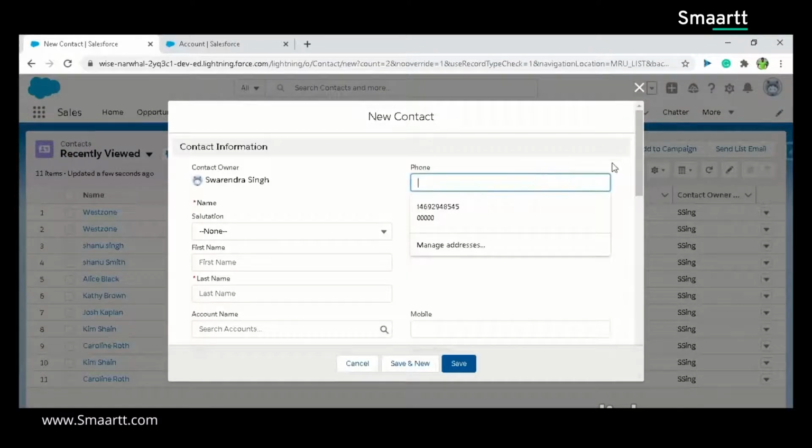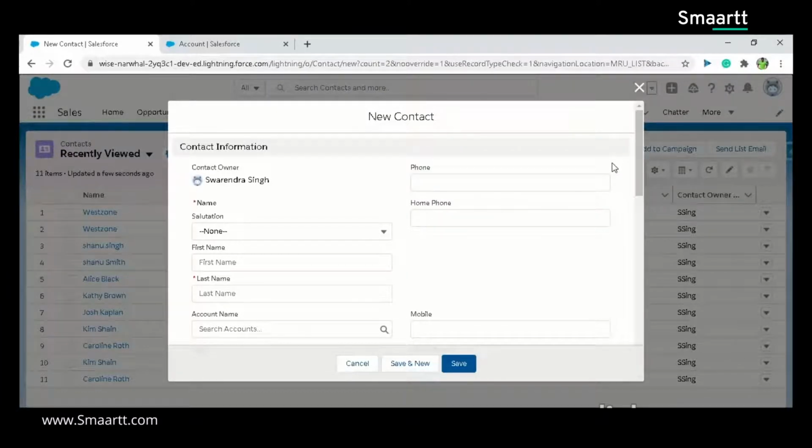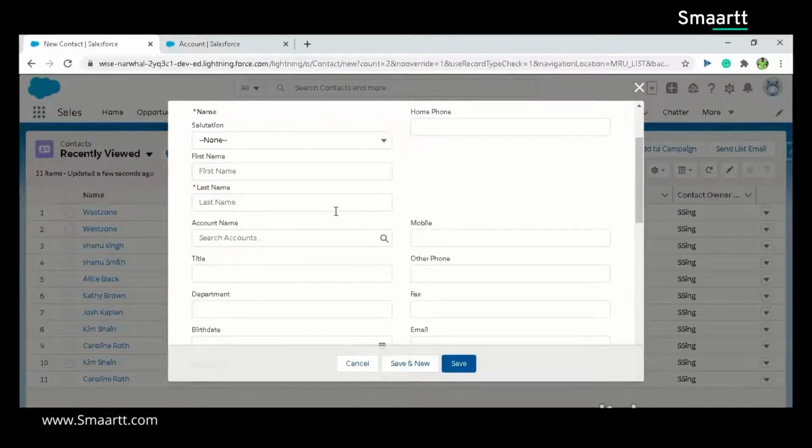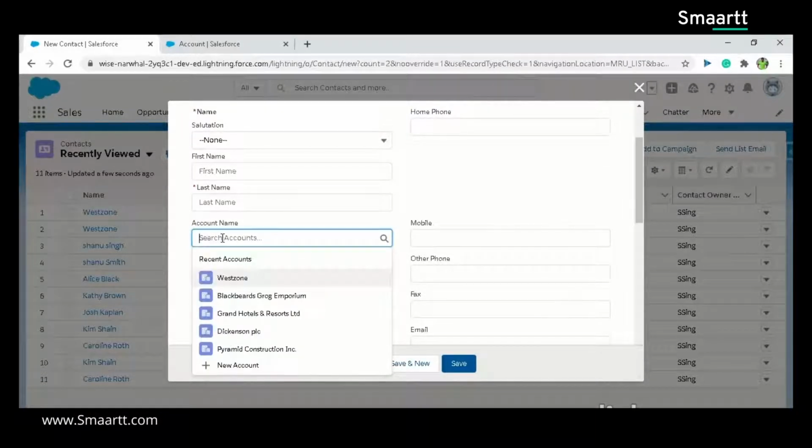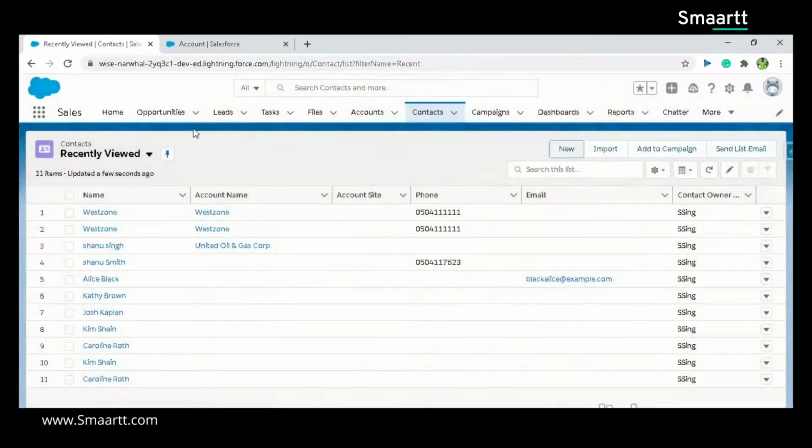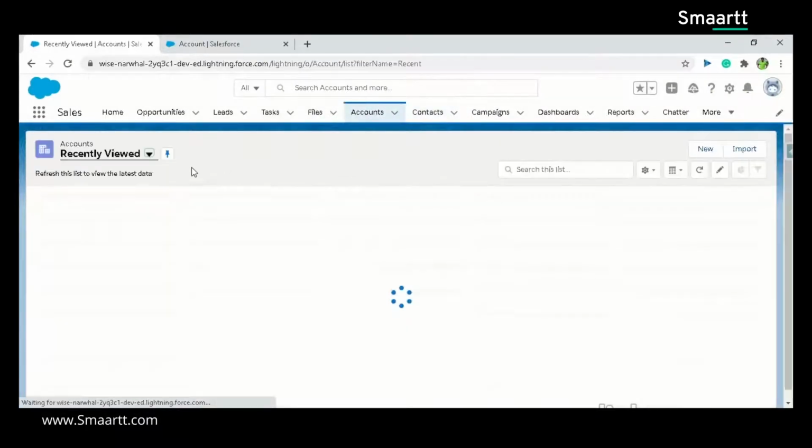That is our use case. So I will give the name and phone number into our contact. One more thing I will give is the account name, for which account this contact is related to. I will give that because then and only then you will find this contact to be present under the account